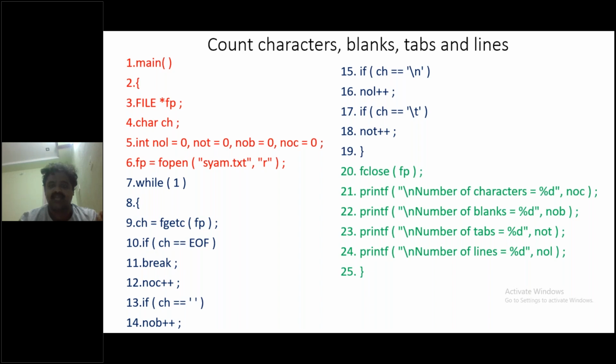The number of characters are placed in NOC, number of blanks in NOB, number of tabs in NOT, number of lines in NOL. Those will be printed for our reference from line 21 to 24. So the 25th is the close of the program. So this is how we can count the characters, blanks, tabs, and lines in a given file.